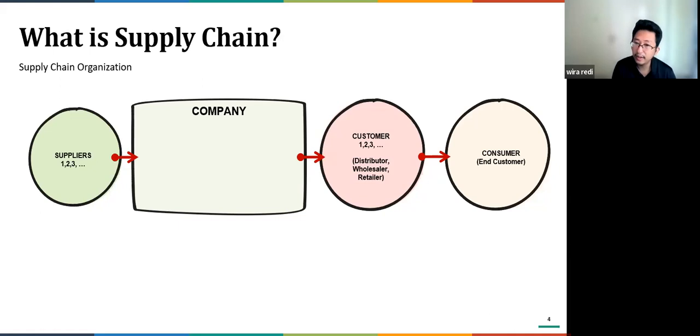If you ask where logistics takes a role here, it is in the red lines, where you have things that connect all of these entities. There is where logistics takes place, to help deliver the products or services from one entity to another entity. Okay, and then